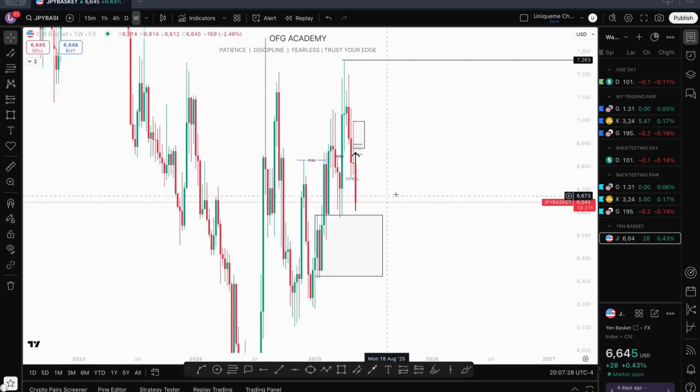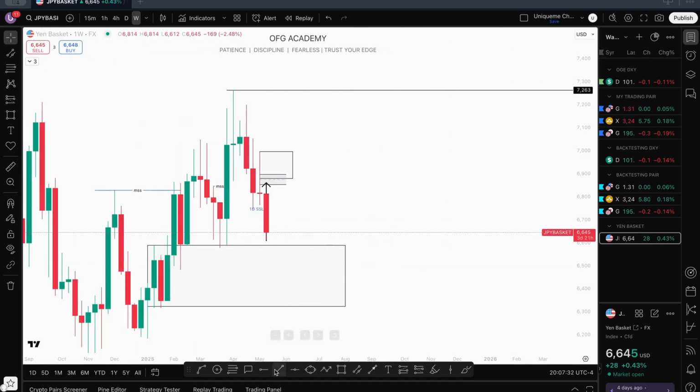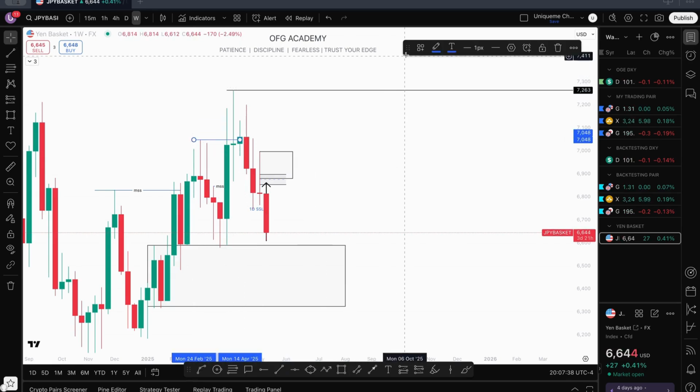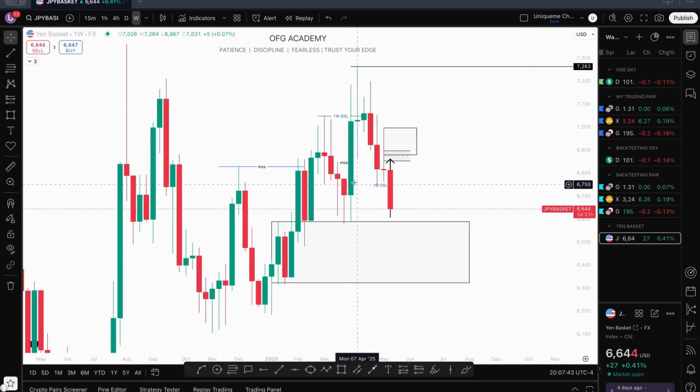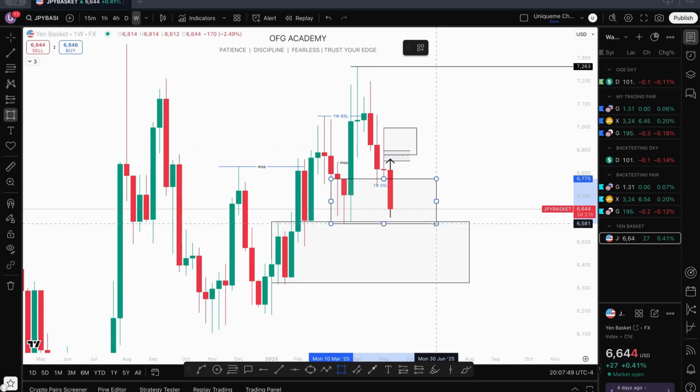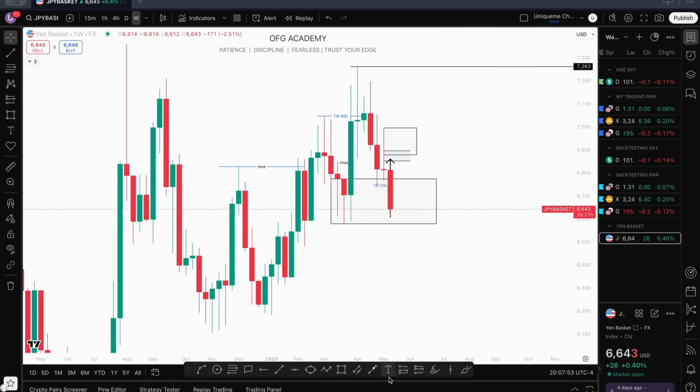On 1 week, what do I have? I have a break of structure here. I have a break of structure here with a body, signaling what? A buy side liquidity from 1 week. I'm on discount. This is another block, right? On 1 week. But as long as on the daily time frame,